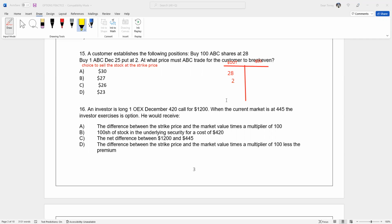And so I'm out a total of 30, and 30 is going to be my break even. This is the one time and the one time only that I have a put and I'm not subtracting. When you have a stock position, the stock dominates. So you've got to be careful when you're doing your test. Once you see 100 shares there at 28, you've got to say, okay, that's what's dominating this position, is owning